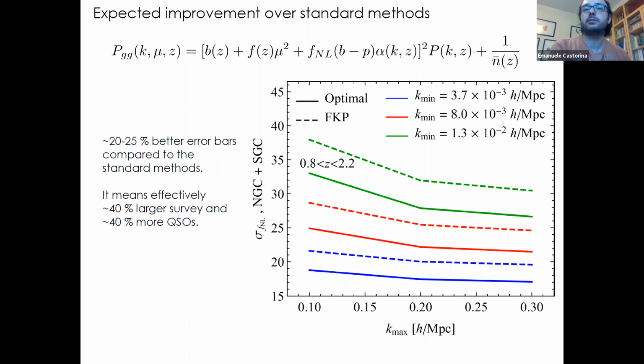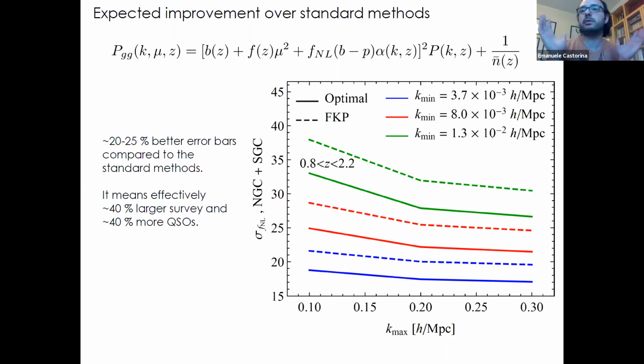So for something like eBOSS, what do we expect in terms of the improvement? You see here on this plot, we just ran a simple Fisher forecast for the error bars on FNL as a function of Kmax, which is the smallest scale included in the analysis, and for different values of Kmin, which is the largest scale included, because we didn't know if we could include all of them or not because of systematic effects. So what you should compare is the continuous line and the dashed one of the same color, where the dashed one is the standard analysis and the continuous one is our optimal analysis. Generically, we find an improvement of about 20%,